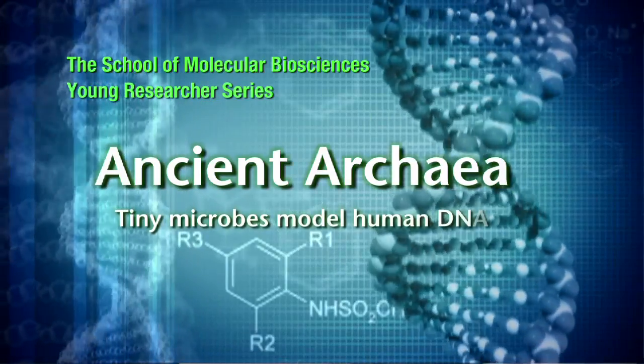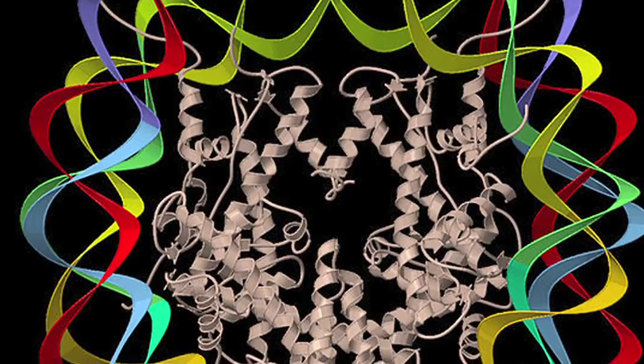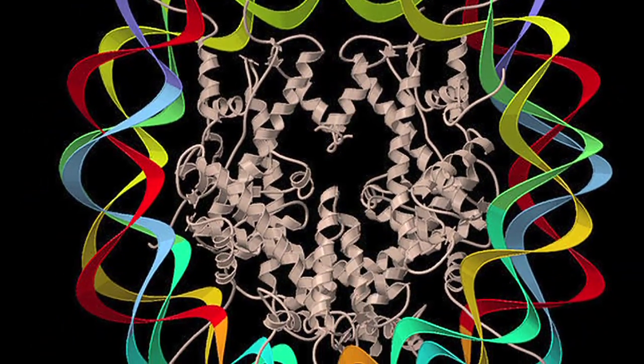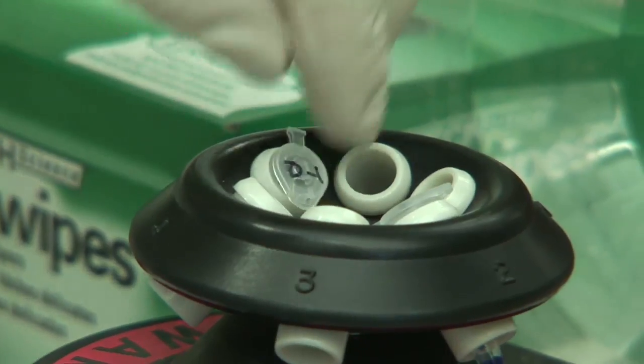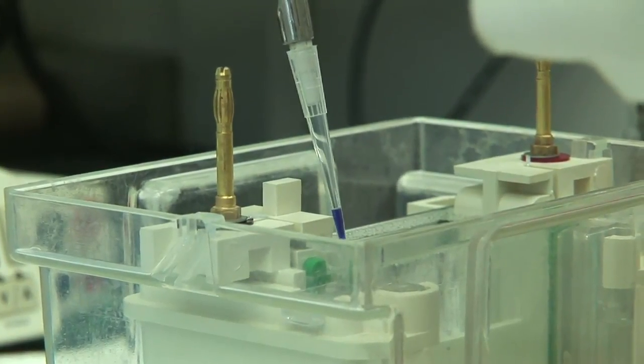Way back in 10th grade, when I read The Double Helix by James Watson, I decided I wanted to be a genetic engineer and work with DNA. And so I've sort of coupled the two interests of strange microbes that live in weird places with my interest in DNA. My laboratory studies the mechanism for repair of DNA double-strand breaks, which matter to you and me because